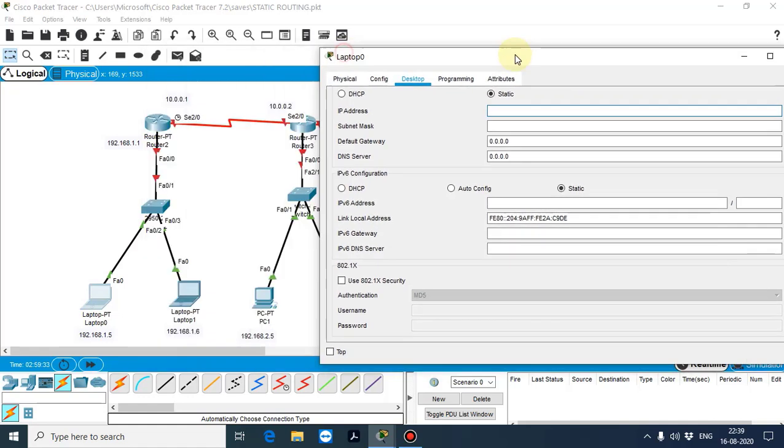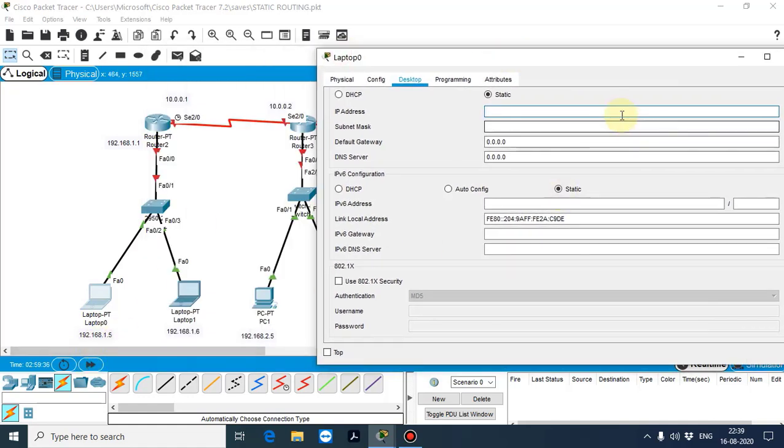Here I have labeled it 1.5. So configure 192.168.1.5 as the IP address, and our subnet mask is 255.255.255.0, since we are using a LAN network IP address.